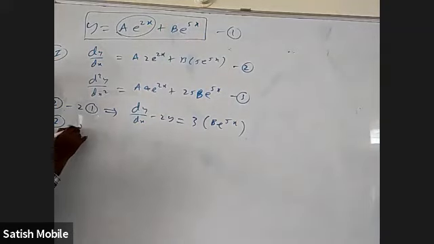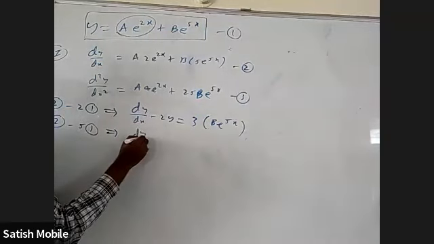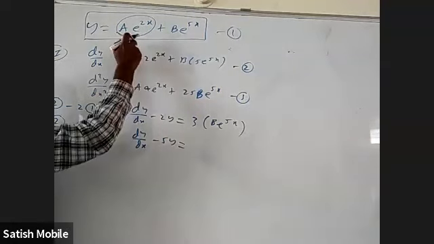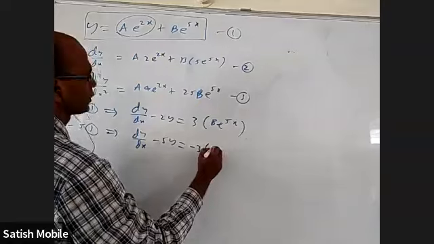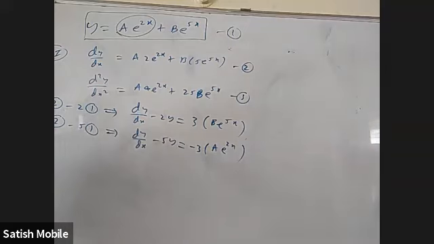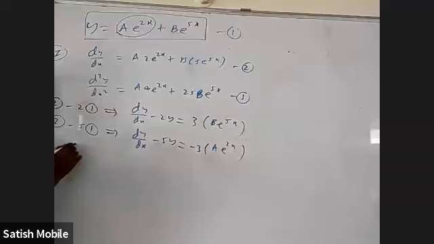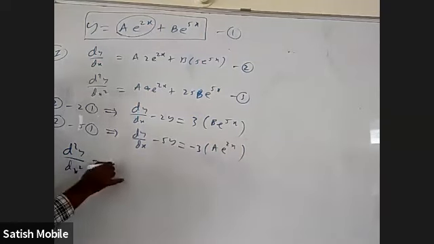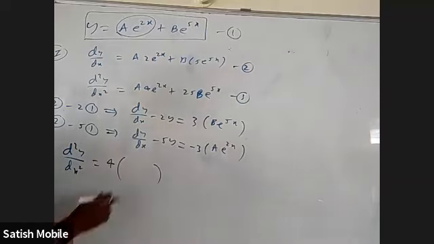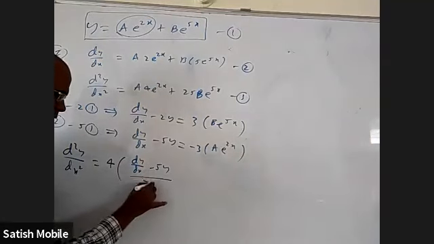If I take equation 2 minus 5 times equation 1, this will go and this I'll get. That is going to give me dy by dx minus 5y. This will go and this will come: minus 3 times a e power 2x. 2 minus 5. Okay. This is minus. That's it. Now I can substitute these two in the third equation. So take d square y by dx square 4 into, in the place of a e power 2x, I can write this by minus 3. So it's going to be dy by dx minus 5y by minus 3.